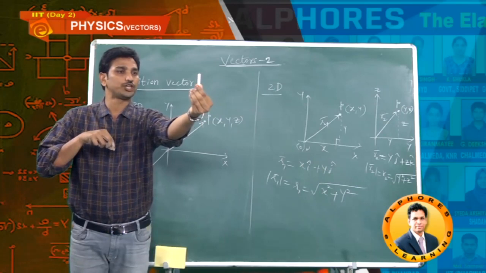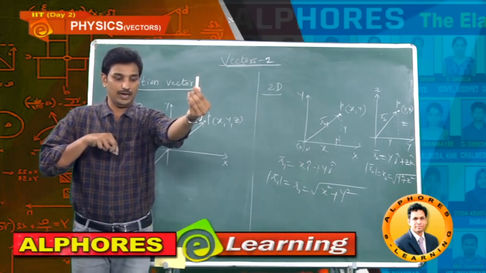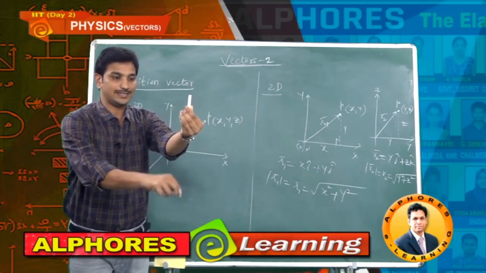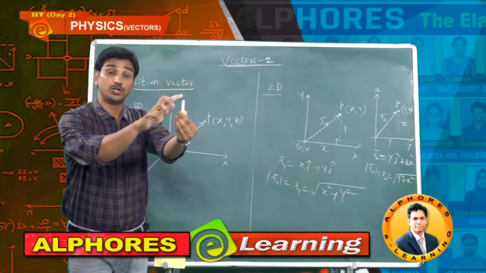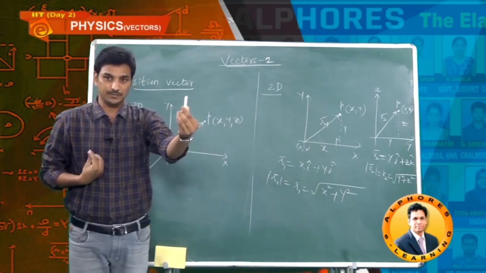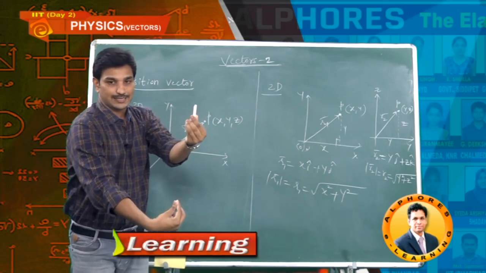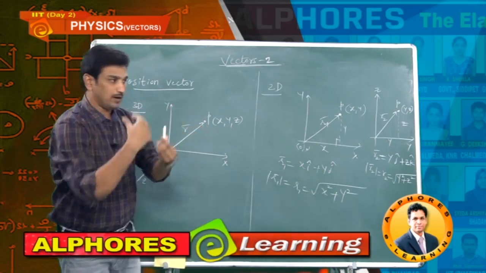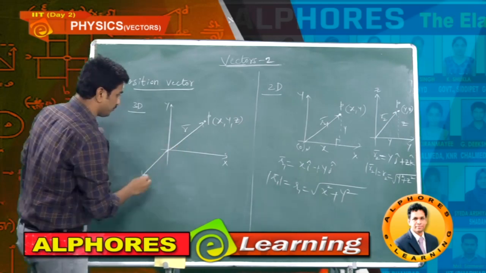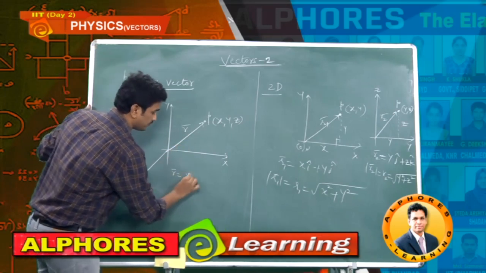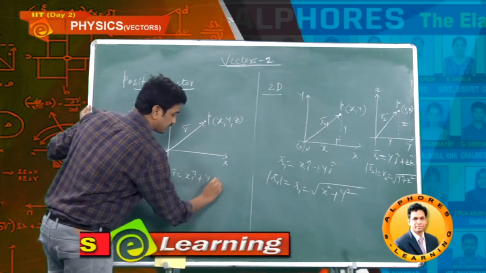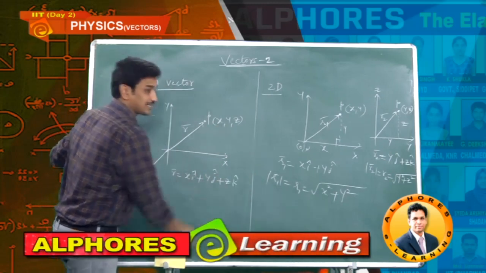How to reach the position of the chalk piece? From the origin, along x axis x, y axis y, z axis z. Now I am able to reach this particle or body or chalk piece. Once again, origin, x axis x, y axis y, z axis z. Because 3D I cannot show you, 2D I can show you. So R bar is equal to x along x axis, y along y axis, z along z axis.